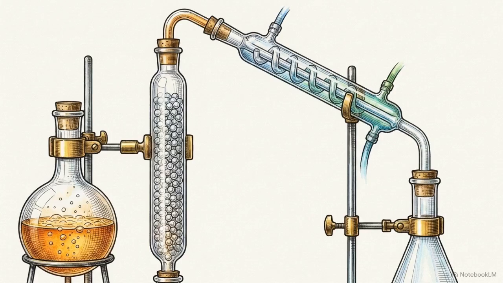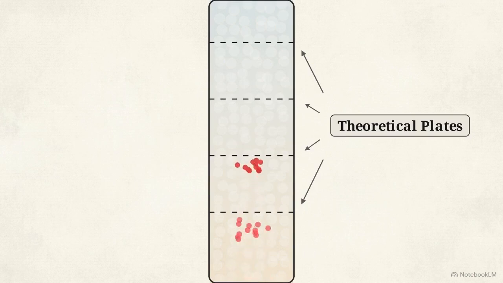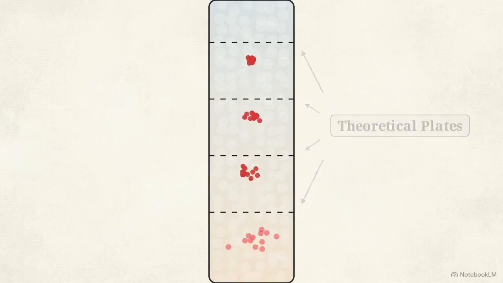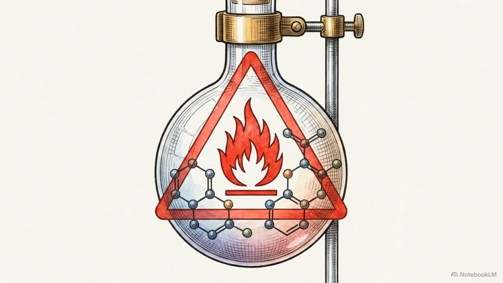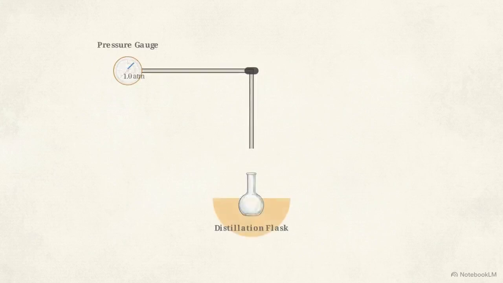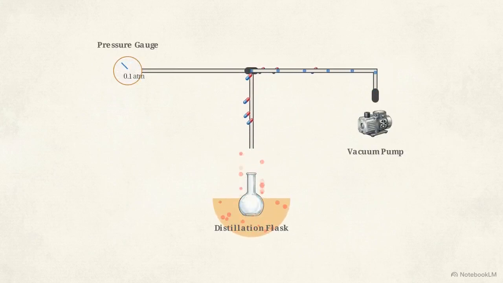But for compounds with very close boiling points, we use fractional distillation, which introduces a column with theoretical plates, forcing the mixture through repeated cycles of vaporization and condensation to achieve purity. For compounds that would degrade under high heat, vacuum distillation steps in. By lowering the atmospheric pressure inside the apparatus, we artificially lower the boiling point, allowing us to separate heat-sensitive molecules